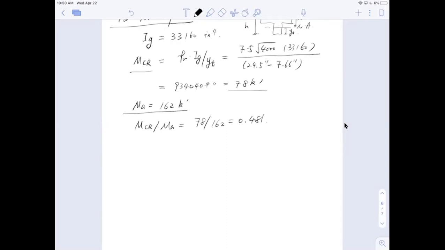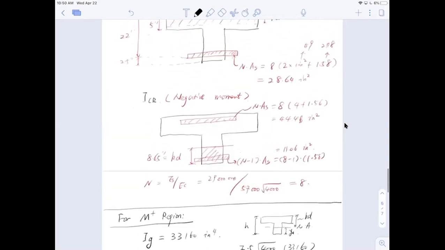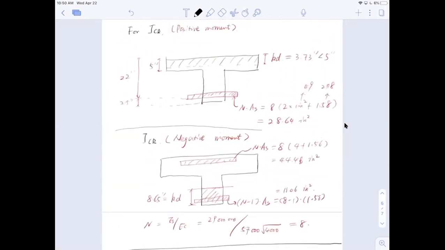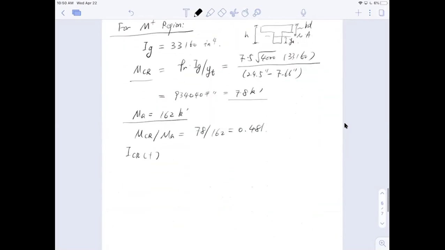All right. So I also need to calculate the cracking moment for a positive bending moment, which is this fellow right here. And I got this number to be 10860 inch to the power of 4. Okay, inch to the power of 4. Okay, so my